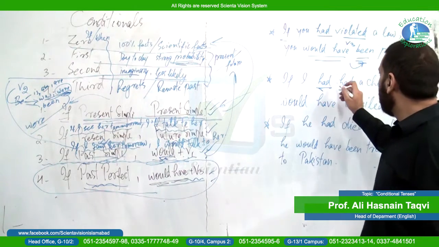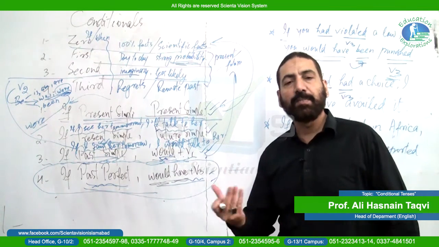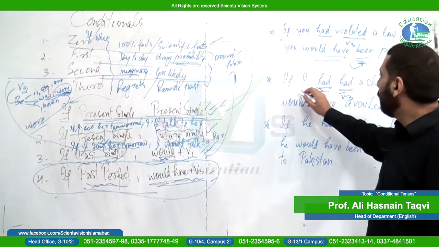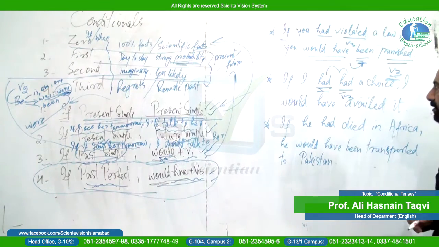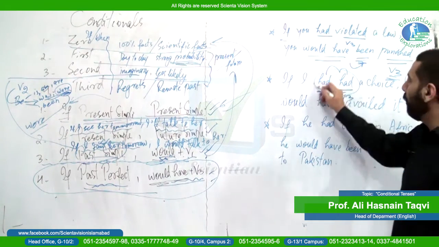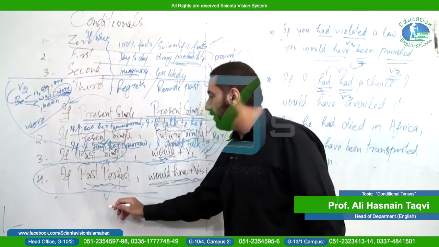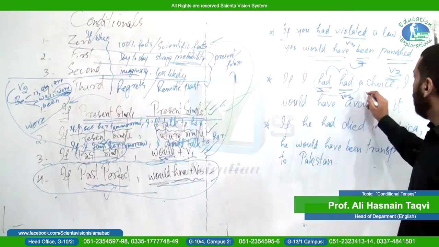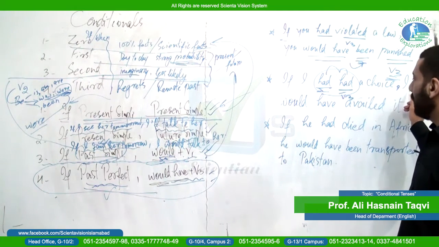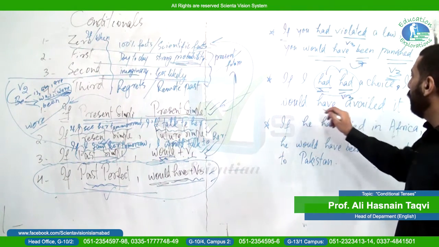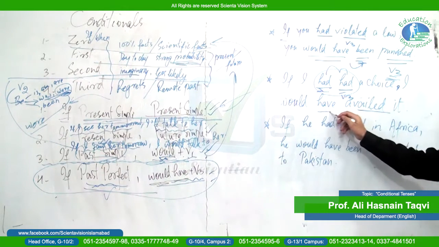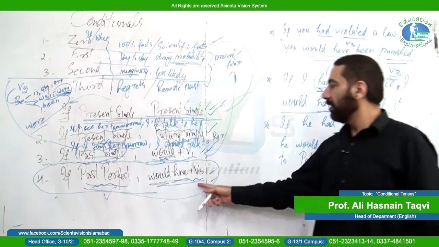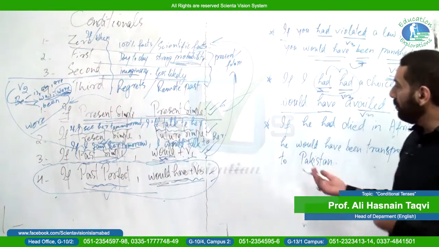If we just say if I had a choice, that is past simple because we have simply used a second form of verb. But when I say if I had a choice, I have fulfilled the requirement here, which is had plus V3. If I had a choice, now the independent clause begins, I would have availed it. So would have plus V3. No violation has taken place, the structure is okay. All you need to see now is